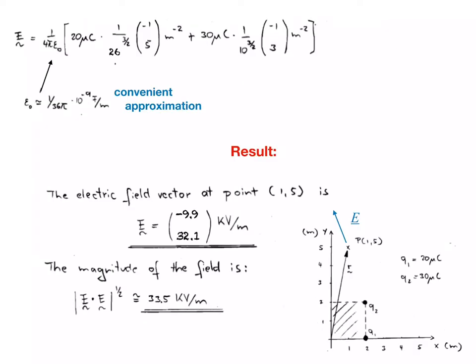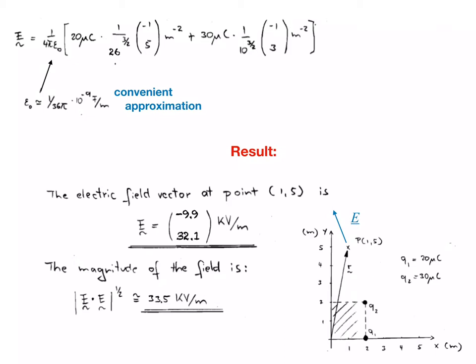Substituting these results in the expression for the net electric field at r, and using a convenient approximation for the permittivity of vacuum, which is approximately equal to 1 over 36 pi times 10 to the minus 9 farad per meter, the result is obtained. The electric field at the position 1, 5 is given by the vector that has an x component of minus 9.9 and a y component of 32.1 in units of kilovolts per meter. The magnitude of this vector is 33.5 kilovolts per meter, and